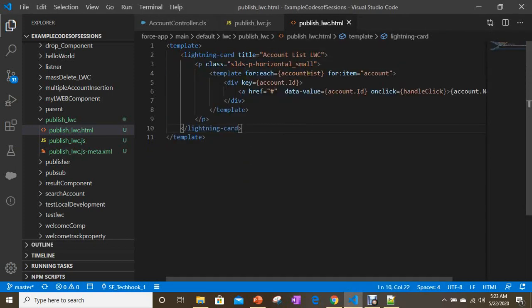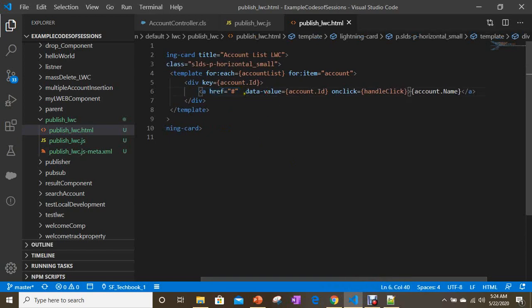So this template, account list LWC, I am iterating through a for each template, and in the anchor tag I am using a data attribute. That is, data hyphen value, account ID I am assigning, and it is going to call the handle click method when someone clicks on the account name.